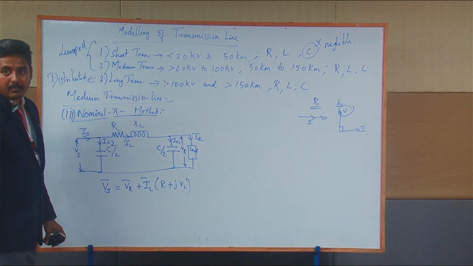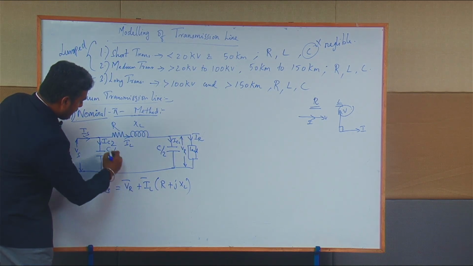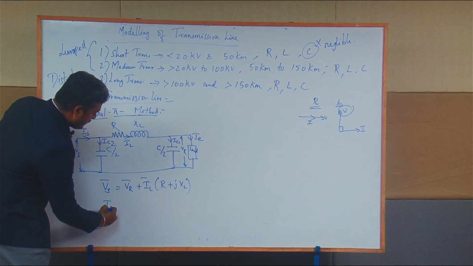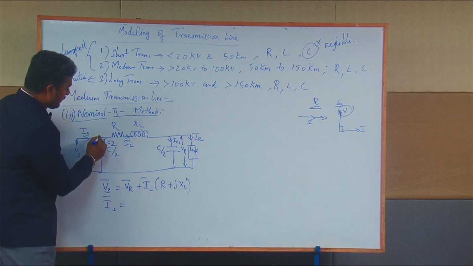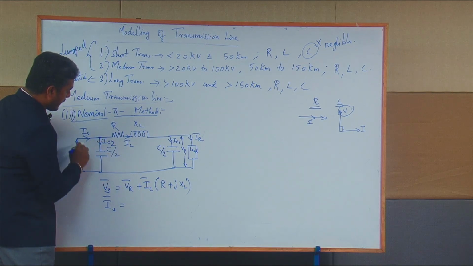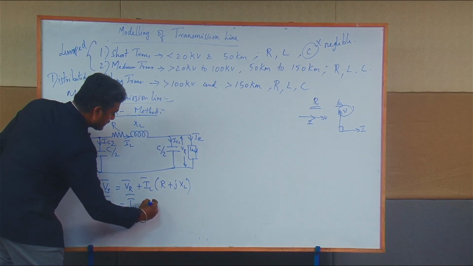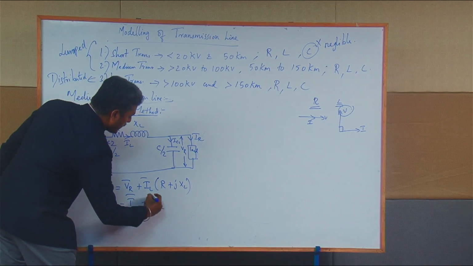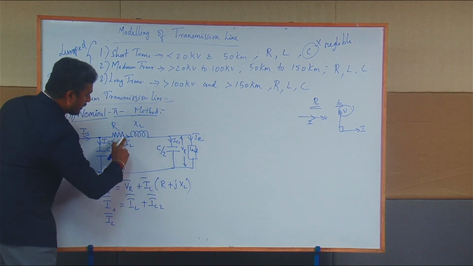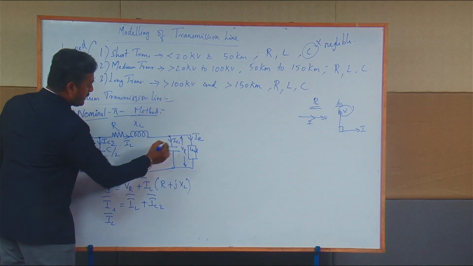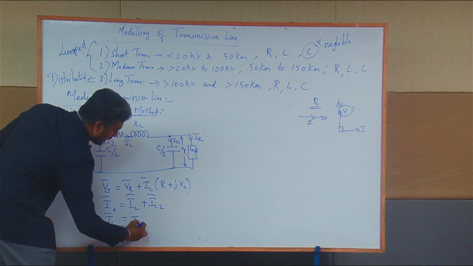And Is vector, if you take a KCL here, is equal to IL vector plus IC2 vector, and IL vector, taking a KCL at this point, is equal to IR vector plus